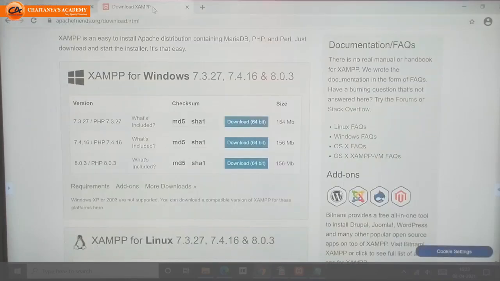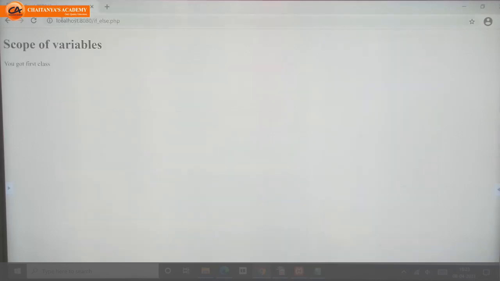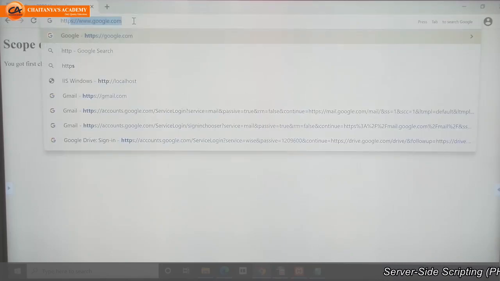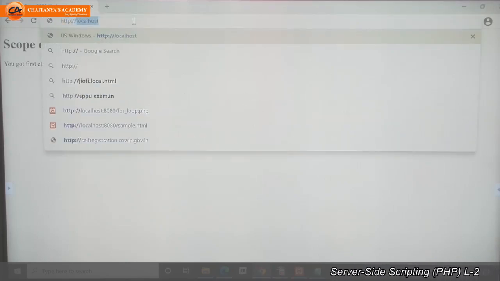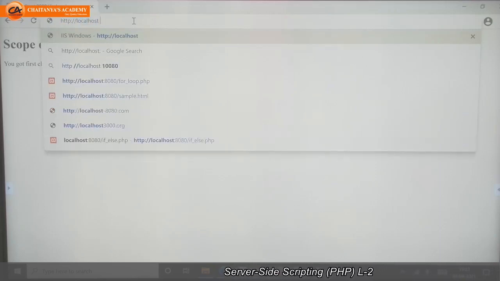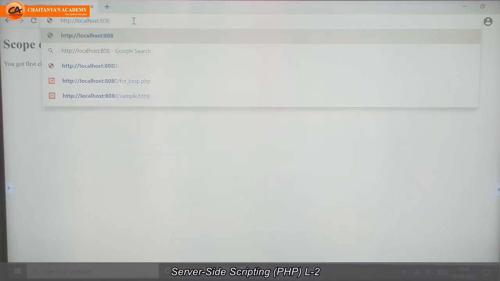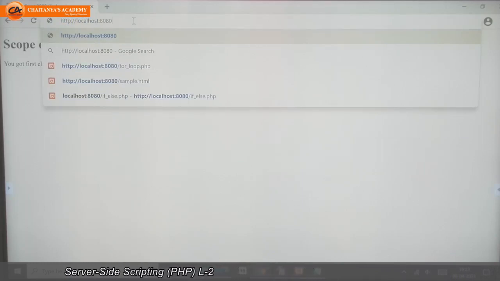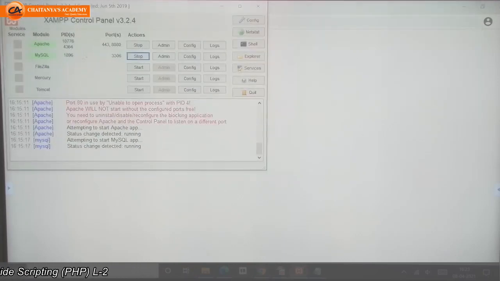Then once you want to run the program, go to the browser and from here type the file path as http colon double slash localhost colon the port number of your computer. If you want to check, you can check the port number from the configuration file.